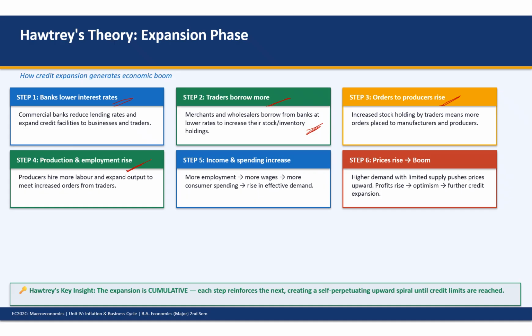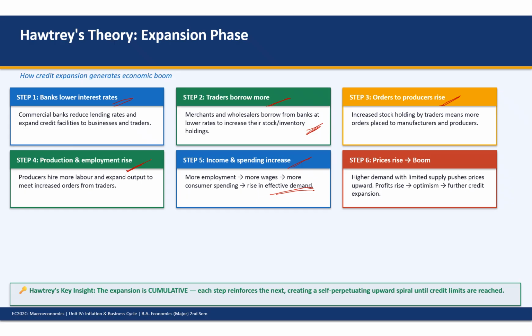As more workers get jobs and income rises, higher income leads to more consumer spending. So effective demand increases. This higher demand with limited supply pushes prices upward, profit rises, and optimism spreads in the